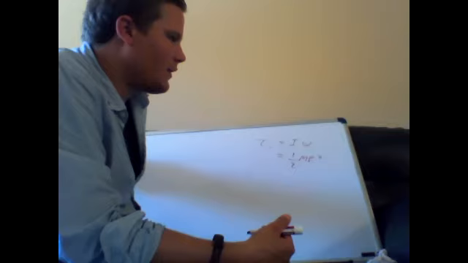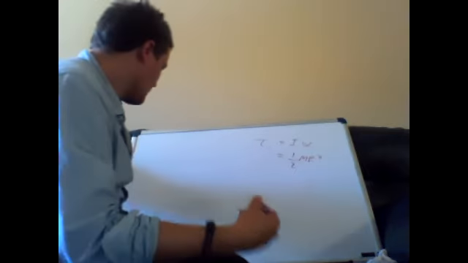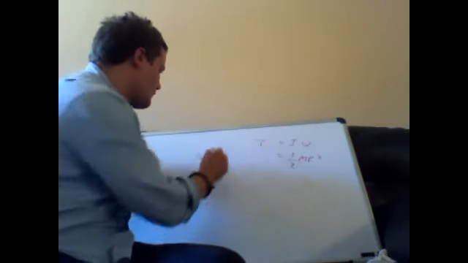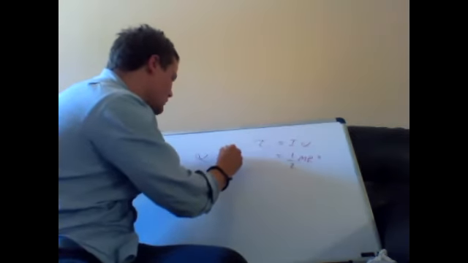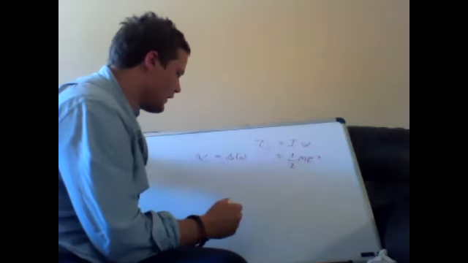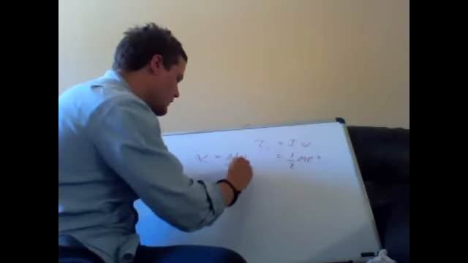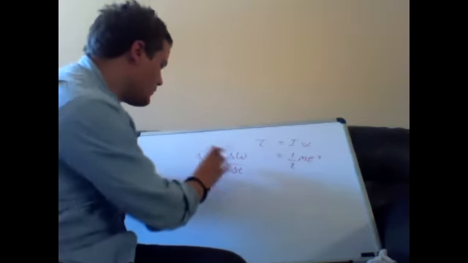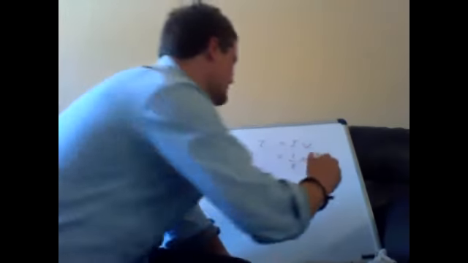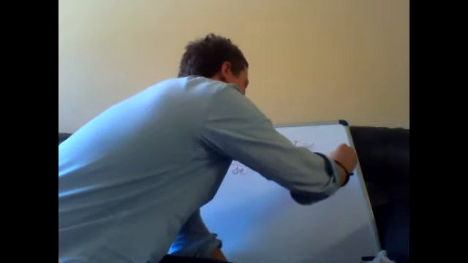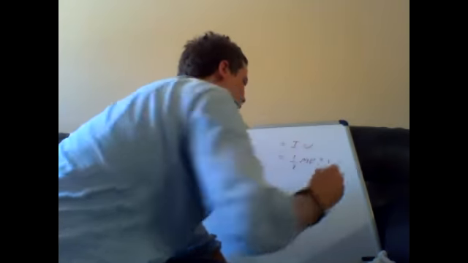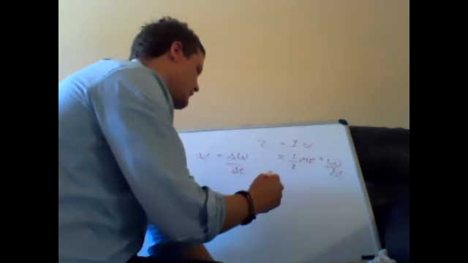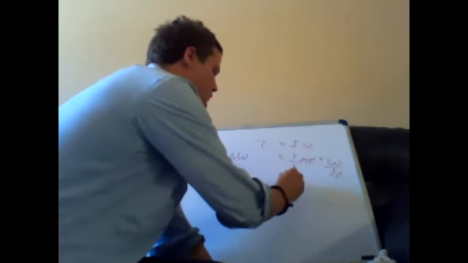And then it wants to know what the angular velocity is. Well, keep in mind, our angular acceleration, alpha, is equal to the change in the angular velocity over the change in time. And so if we want to solve for the angular velocity, we can just plug this in here, and we can say that that's equal to omega over delta t. And then we can solve for omega. So we can just say that omega then is equal to tau naught